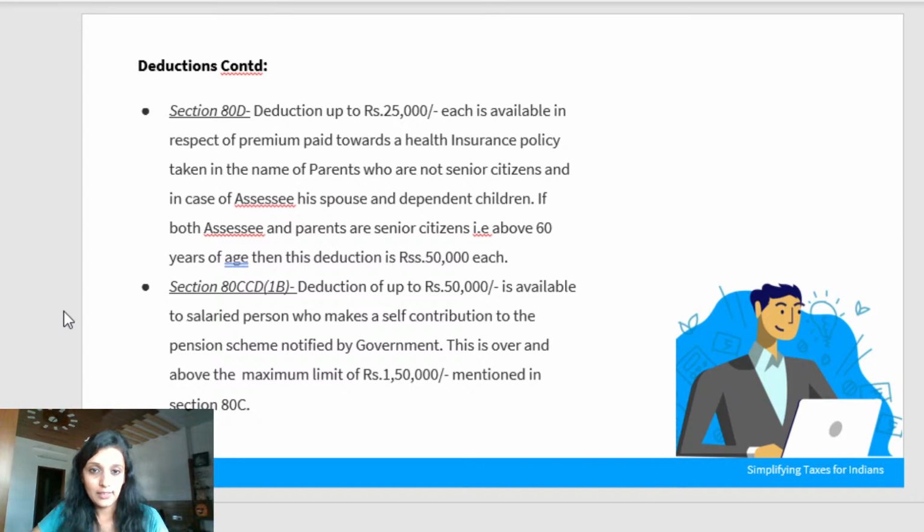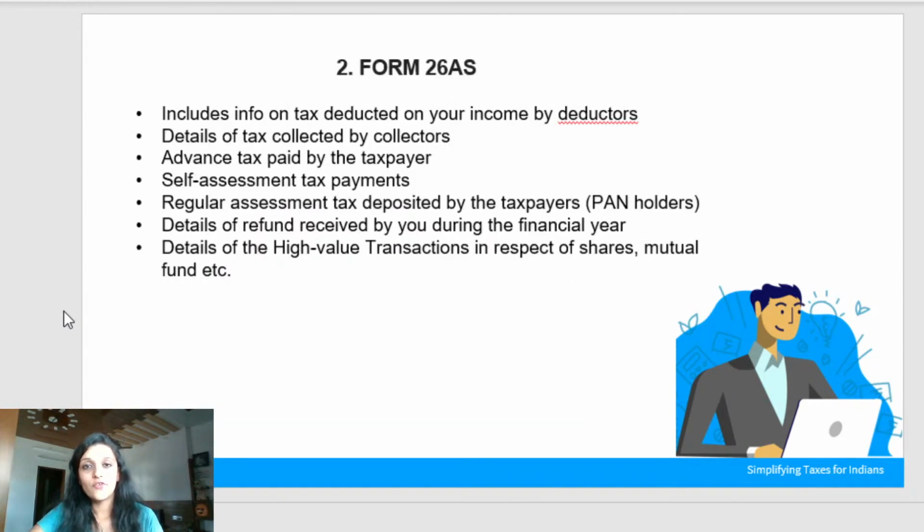Then coming on to our next topic, which is Form 26AS. So what is Form 26AS? Or I can say it is a tax credit statement, one of the most important tax documents for any taxpayer. It truly reflects how much tax you have paid to the income tax department, either by yourself or through any other taxpayers. It is a consolidated annual tax statement which shows the details of